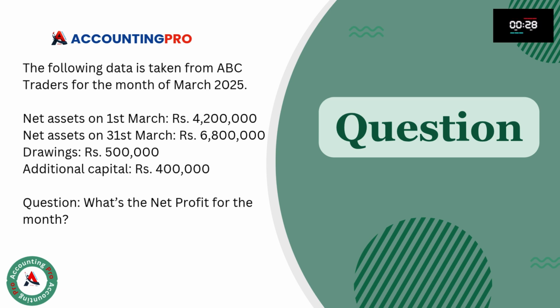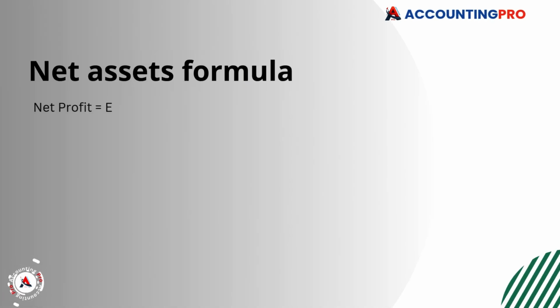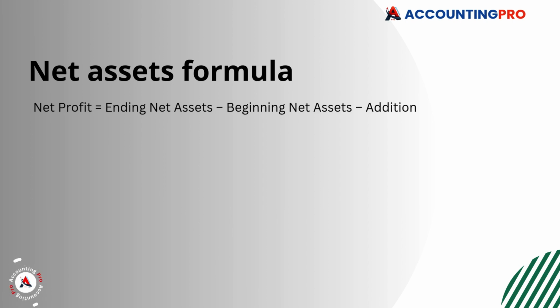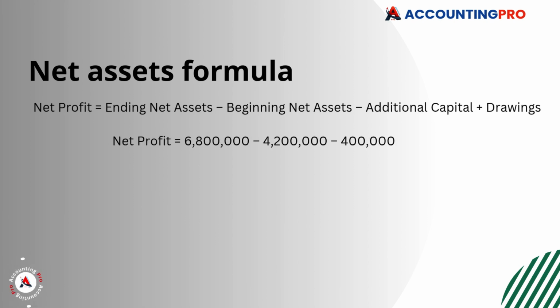Did you get your answer? Let's check together. We use the change in net assets formula. Net profit equals ending net assets minus beginning net assets plus additional capital minus drawings. Now plug in the numbers. Net profit equals 6,800,000 minus 4,200,000 minus 400,000 plus 500,000. That gives us a net profit of rupees